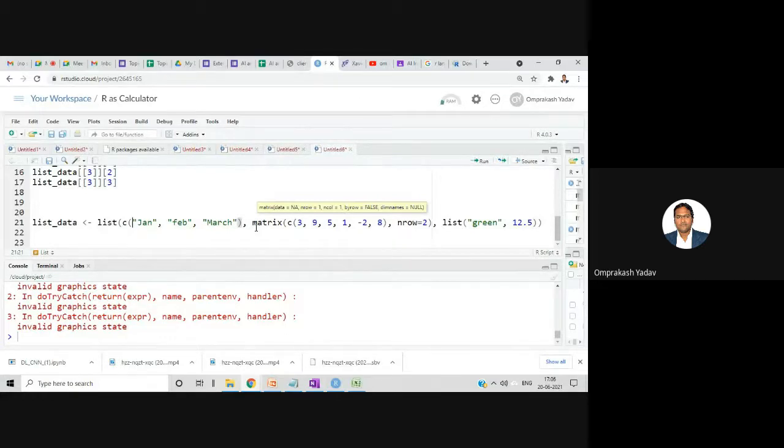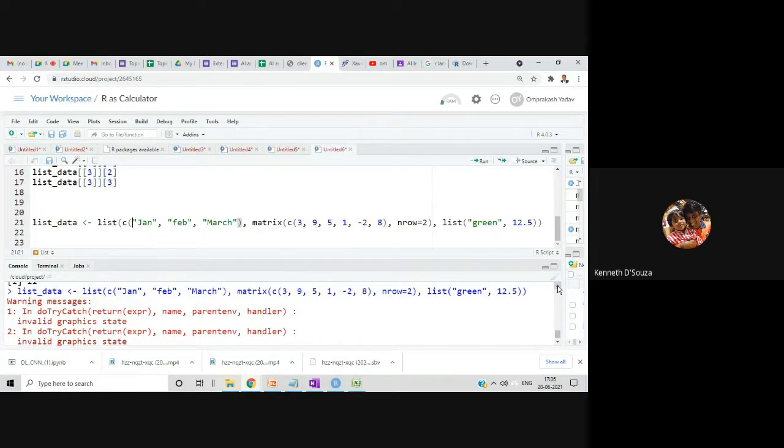I'm including a matrix. So some syntax is there. Let me check what this is. I think there's one bracket which is extra. Missing error. I think the bracket after the comma, this n row equal to 2, that is extra. Oh, that's required. And row equal to 2 is required. No, after that 8, there is a comma over there. Yeah, there is a comma. That's true.